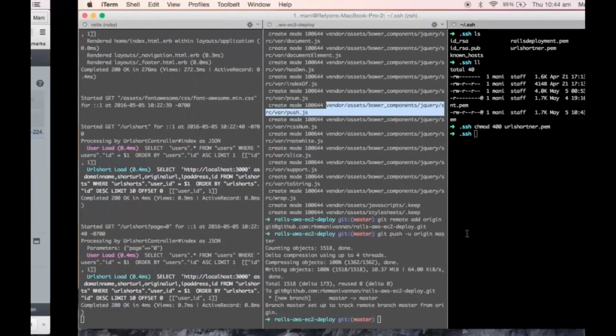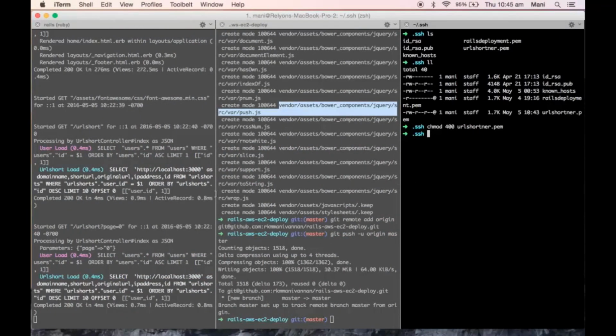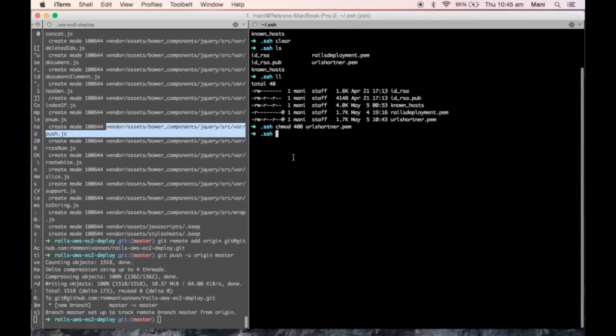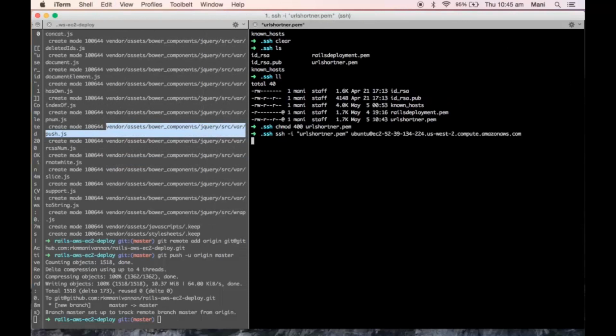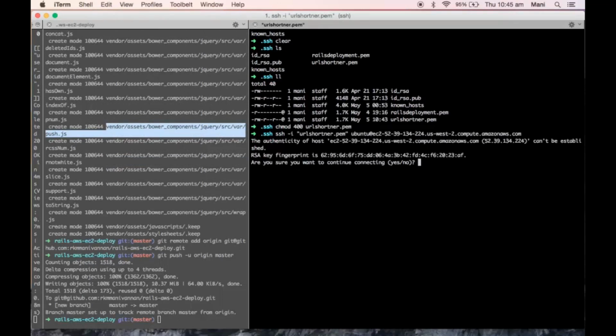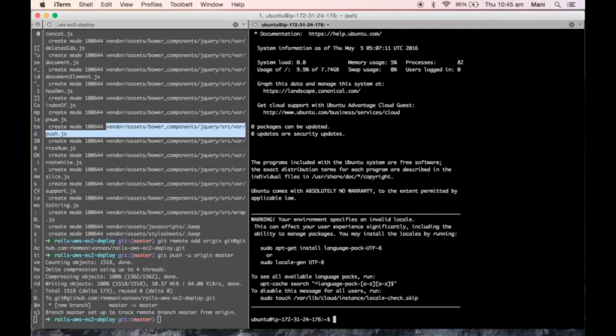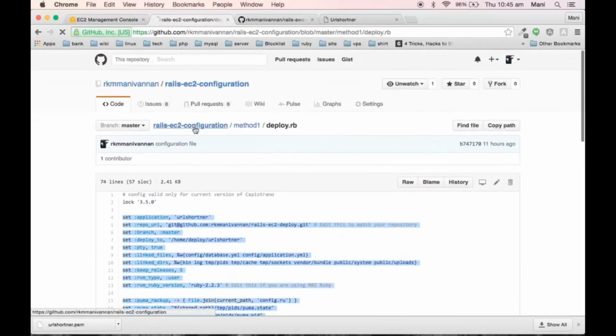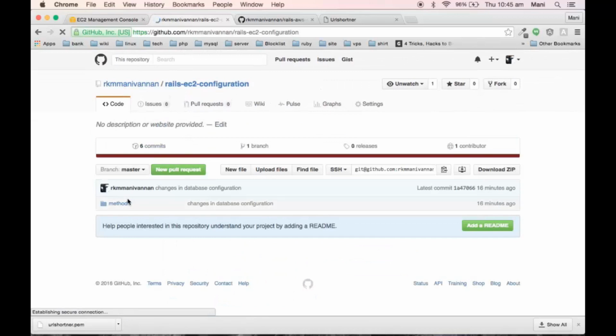Now we log in to our server. Now we need to do an update and upgrade for our server. This is the command. You can find it in my configuration in my repository.